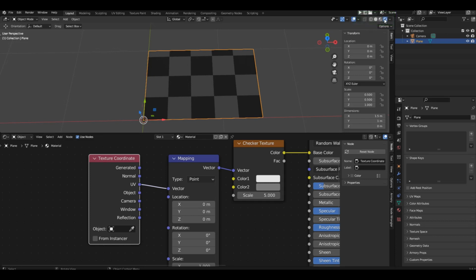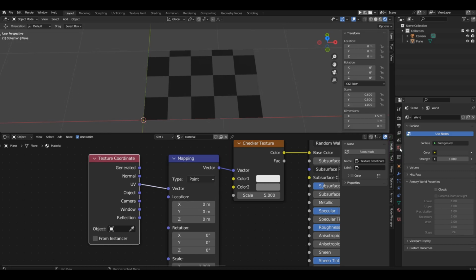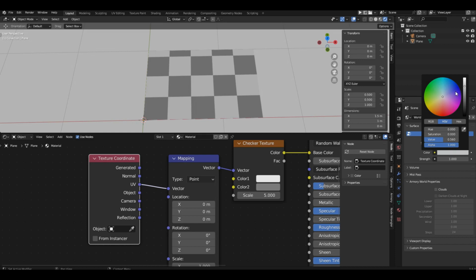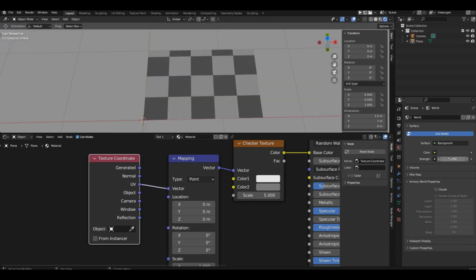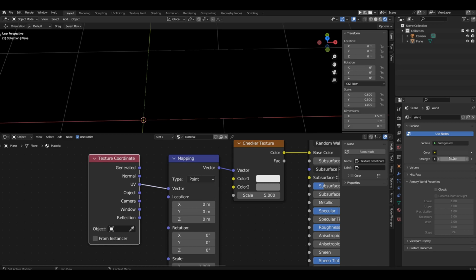It's dark again. Go to the World Properties tab. There, you can see the scene's lighting settings. You can change the lighting color or play with its strength. But we don't need any of that. We have to turn off the light completely. So, set the strength value to 0. Now we see only a black screen. And now we'll fix that.